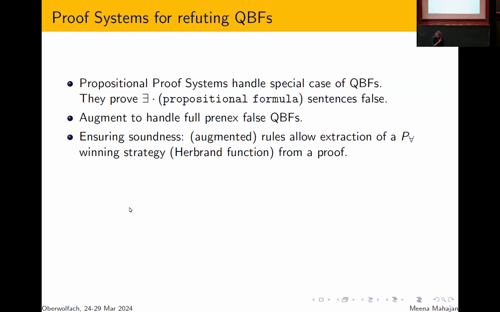I must say that here I am assuming that we are designing proof systems to prove that QBFs are false. We are only designing refutational proof systems. And there's really no difference, because I can convert a QBF to its negation and then try to prove that that is false. So for soundness, if there is a proof for some formula, then that proof is saying that there is a counter model and it should be possible to extract this counter model. And if indeed we can extract it, then that gives us a proof of soundness.